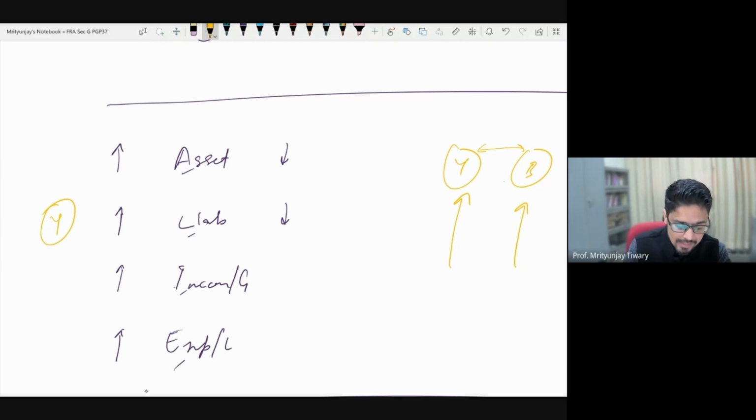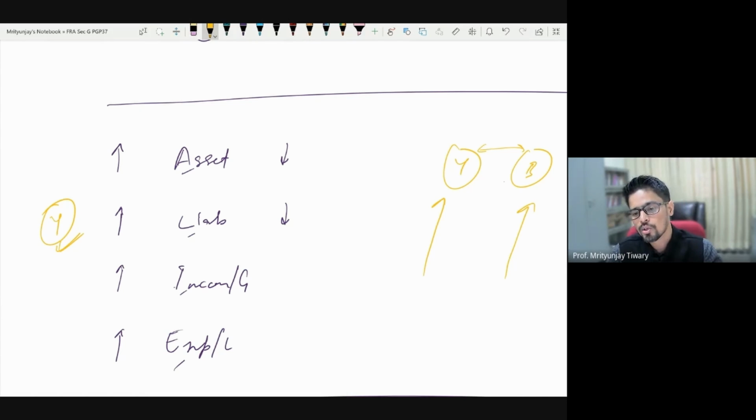Now, once I have assigned the first one, the rest should all follow an argument or a logic. First one I was free to assign. I could have assigned anything. But next, all should follow a logic. What logic? If they are of the same nature, I will keep calling them yellow also. If they are of opposite nature, I will call them with the opposite code, that is code blue.